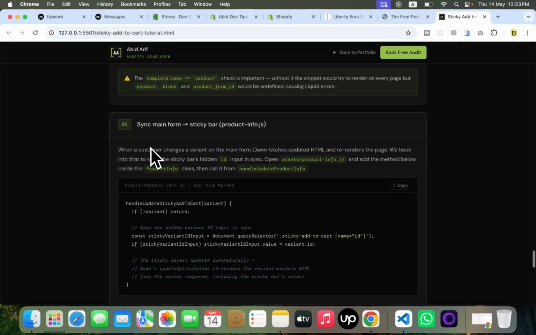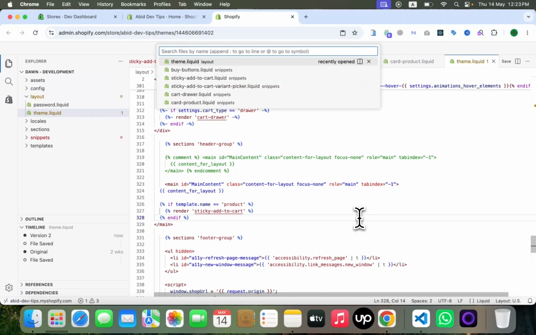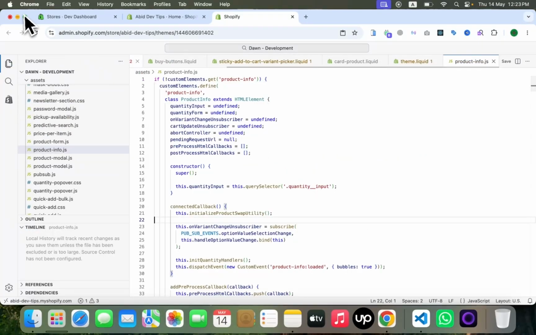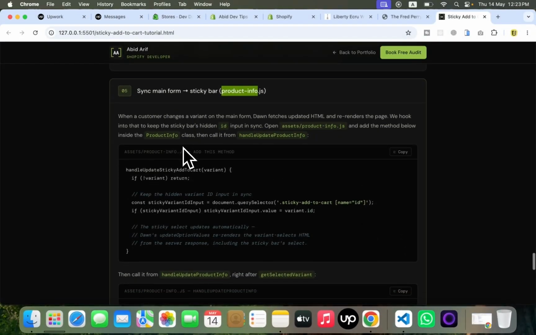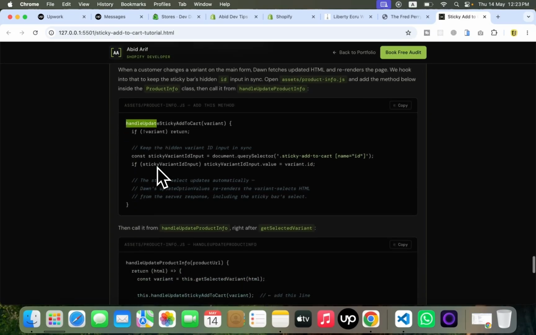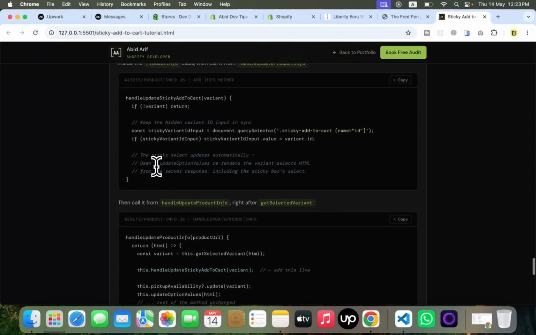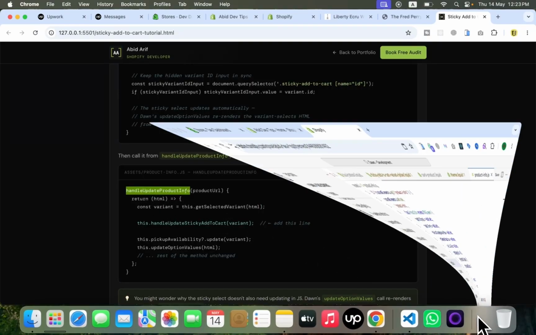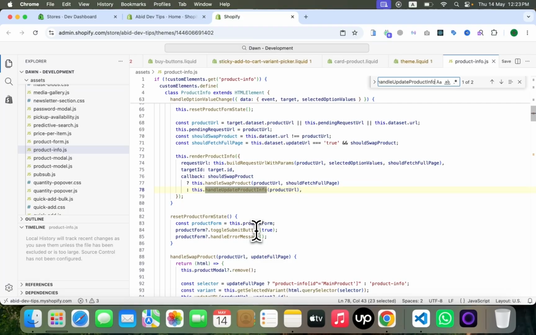Step number 5, open product-info.js. I will also explain product-info.js. And copy this function, a method of the class.